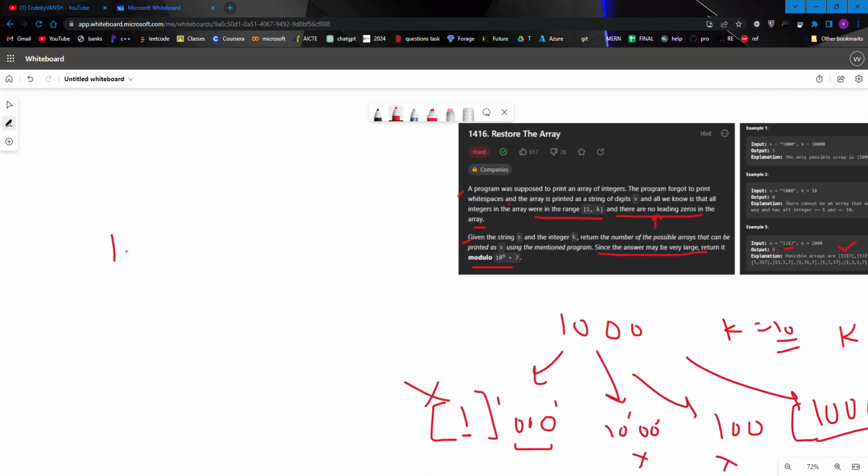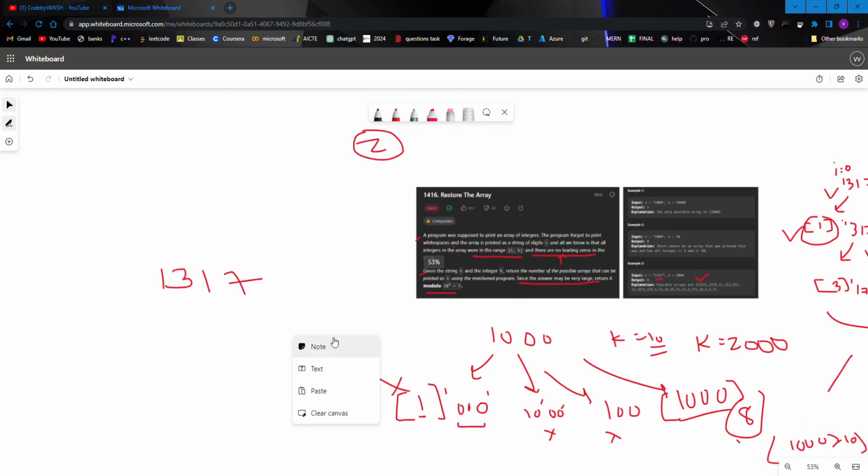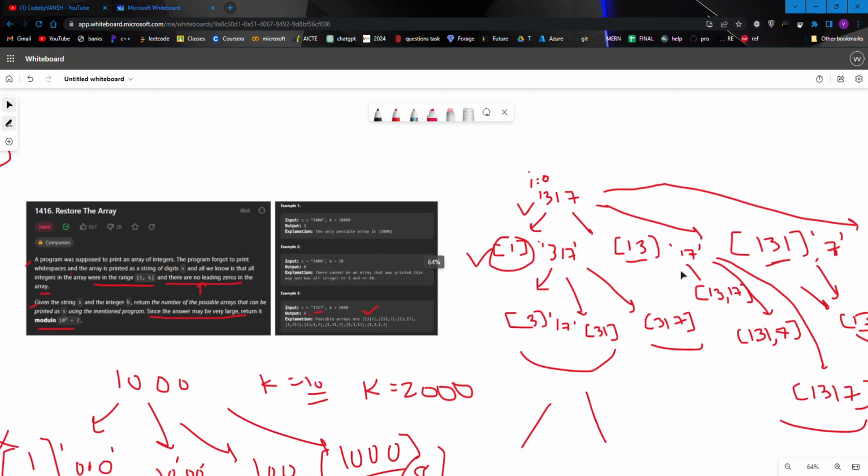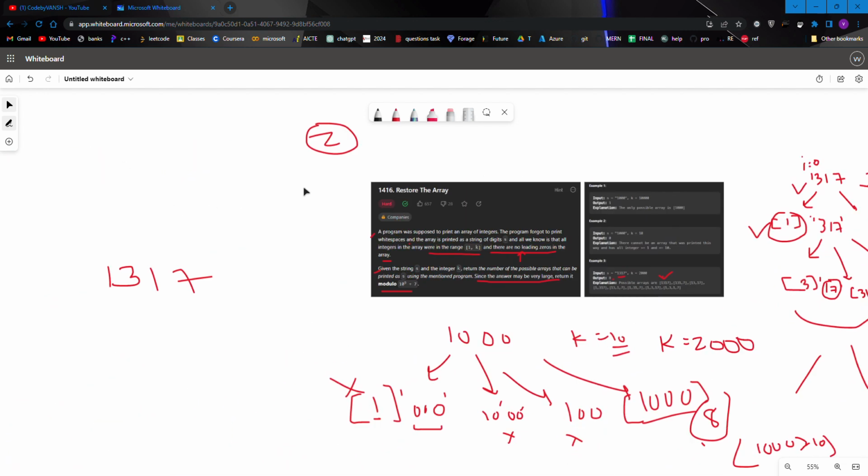So now let's move to the intuition part on how we are going to solve this. In order to solve this, first we will make a DP array, because you can see that there are sub problems that are repeating. Like here you can see our 17 string, 13 and 17 string here, 13 and 17 string here, you can see it is repeating as here. So that's why we can get a hint of repeating subproblems.